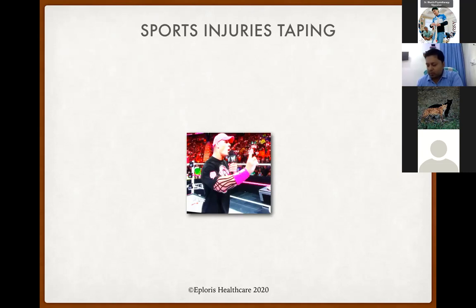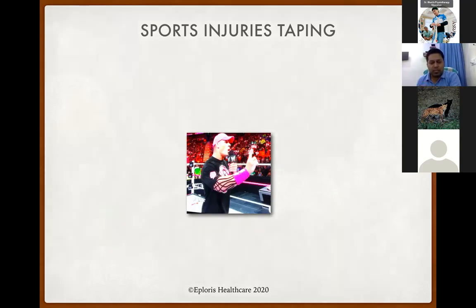Coming to the contraindications, we don't recommend taping if the skin is very allergic. If there is any open wound, don't apply the tape over that area. If the patient has very sensitive skin, don't apply the tape. Don't apply the tape with too much pressure, as it can decrease blood circulation to that area, so don't apply the tape very tight. We also don't recommend using the tape if someone has bruises or bed sores or something like that. Don't use the tape over that area.